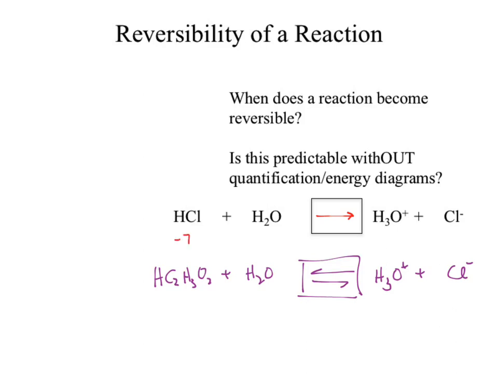What is the pKa of water? My students, you should know that. Oh, good, and a couple of not my students knew that one. 15.7. Which one's the stronger acid? HCl. Why? It has a smaller pKa. Smaller pKa means stronger acid, which means when I run this reaction, HCl is going to act